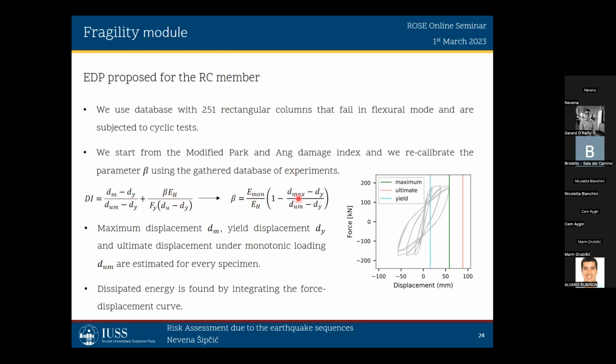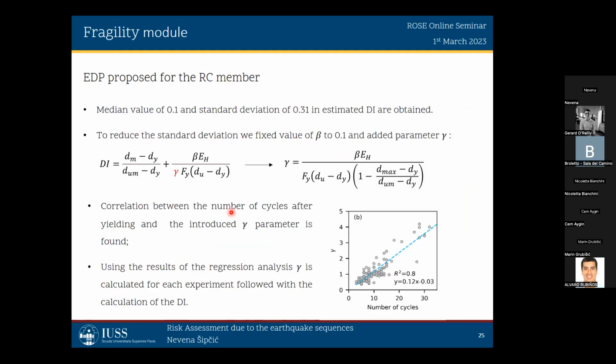You can see that we needed to find maximum displacement, yield displacement, and ultimate displacement under monotonic loading for every single specimen that we had in our database. And we calculated dissipated energy by integrating the force displacement curve. So in that way, we got the value of this parameter beta for every single specimen in our database. And we found that the median value of beta is 0.1 and the standard deviation is 0.31 in the estimated